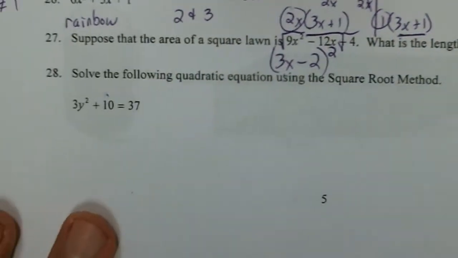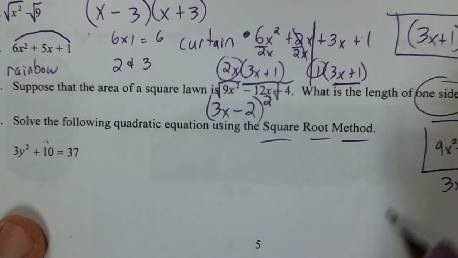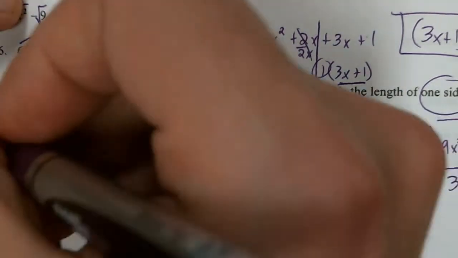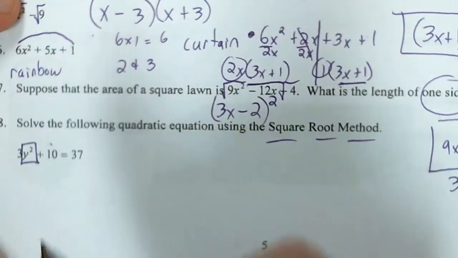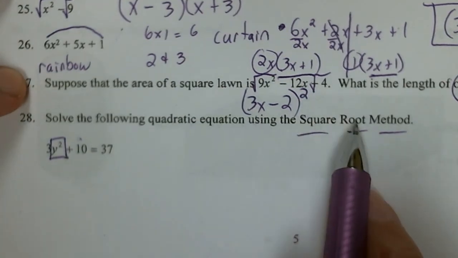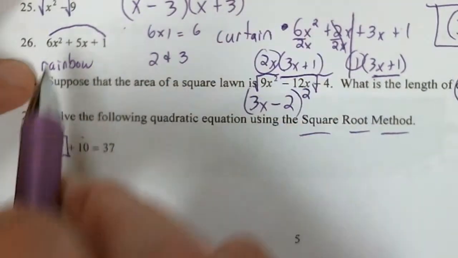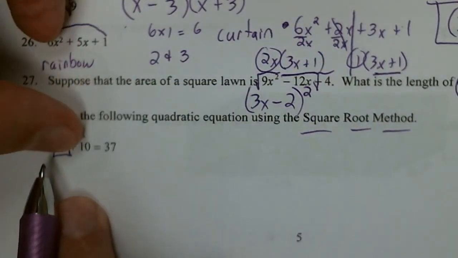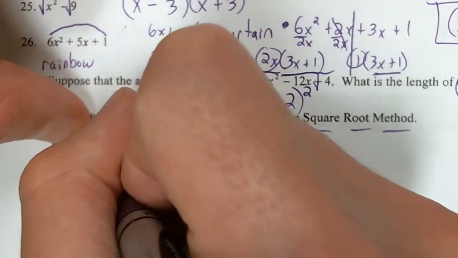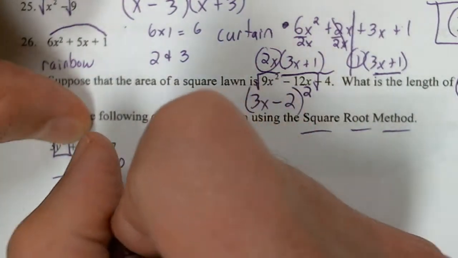Okay. All right, solve the following quadratic using the square root method. Okay, this is method number 3 on the wall. All you got to do in the square root method is isolate the squared variable. I got to get that guy by himself, and I will take the square root of both sides. So how do I get y squared by itself? Treat this just like it were a y. What if this is just a 3y? What would you do? I would subtract 10 from both sides,